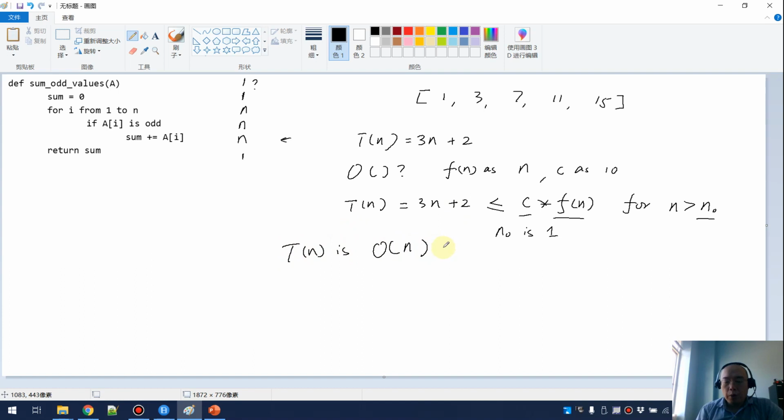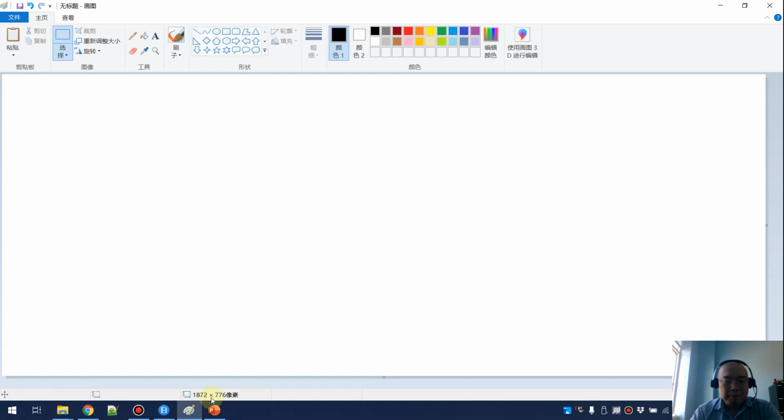Okay, and then after that, you also want to prove that it is omega n, and by putting those two information together, we can say this is theta n. Okay, so this is my analysis of this algorithm, and I can prove that this is a linear algorithm. Okay, so this is the first additional question I have prepared, and let me clear everything, and let's move on